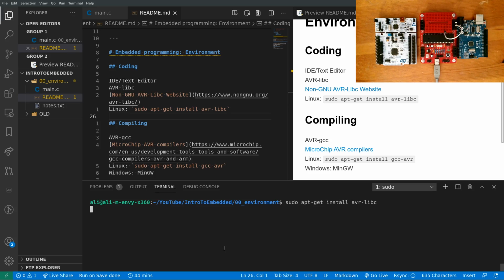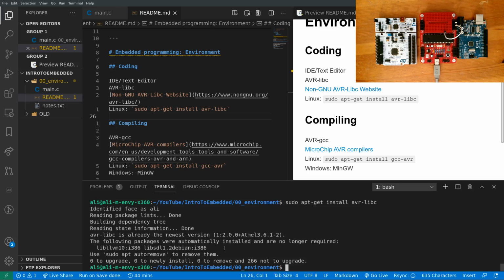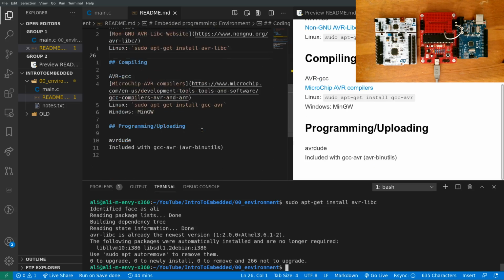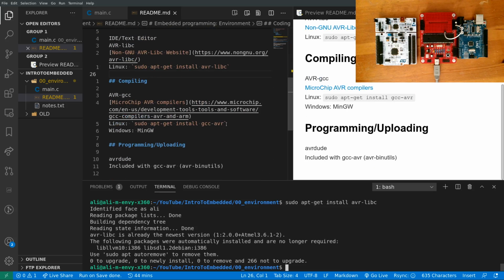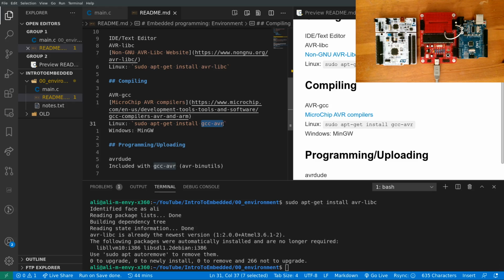And I've already got it installed, so this should come up in a second or two, and it's already installed. Next thing you're going to want to do is install your compiler. So if you're on Linux, again, it's very simple. It's just GCC AVR. This is currently the only one. LLVM or Clang doesn't support AVR officially, but you can get some ports. To install this, again, very simple. Just use your package manager